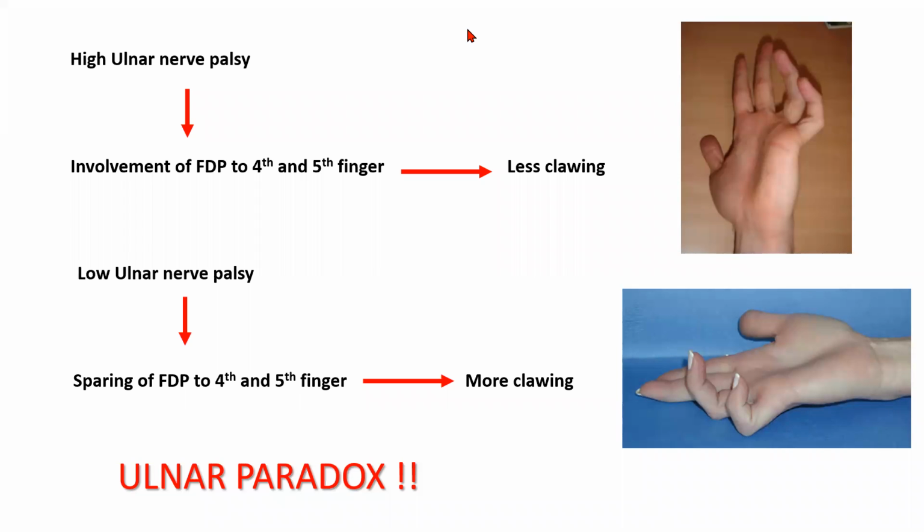The patient can wear protective gloves. Because both in median and ulnar nerve palsy, the sensation is lost only in the hands. So they can use protective gloves while they work very close to heat or extreme cold. Even while cooking, if the individual tries to touch an object or a vessel which is very hot, they won't be able to feel the heat. Therefore, they will get thermal burns in the hand.